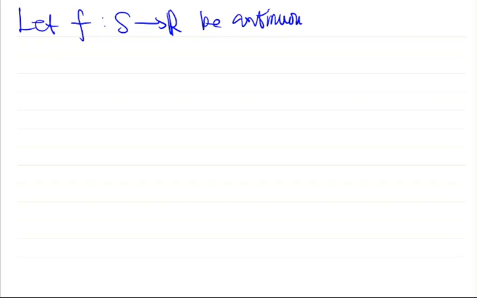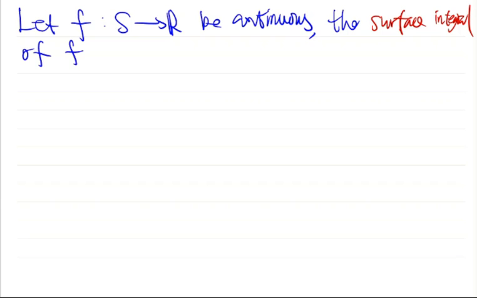Okay, now we consider the surface integral. This is quite simple. Let f be a function defined over a surface, continuous. Then the surface integral of f over the surface S is